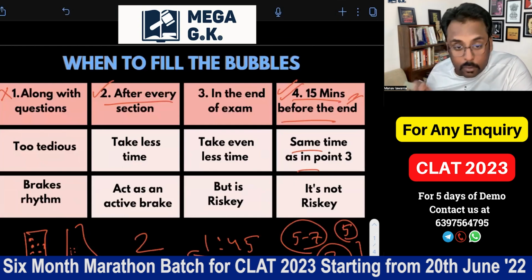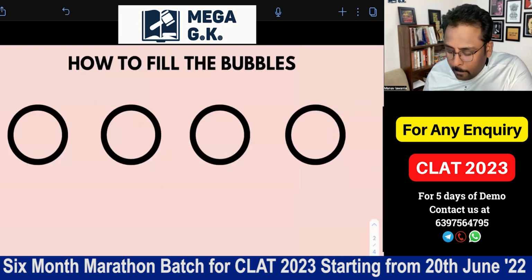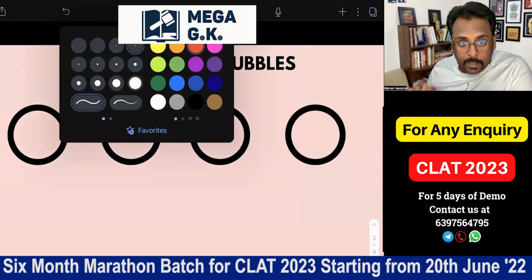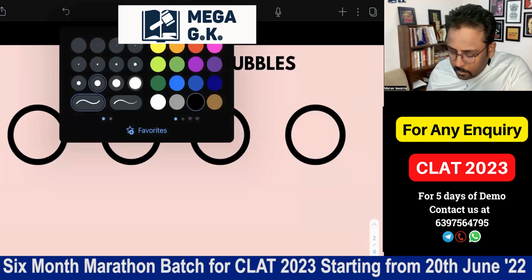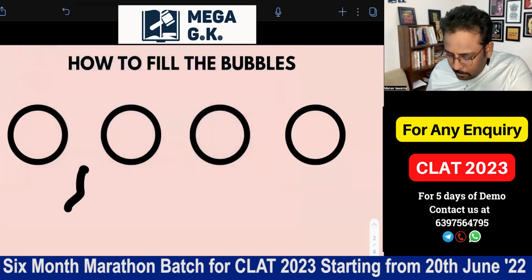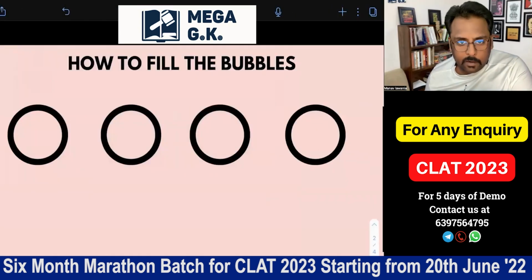And now coming to the second slide, that is very important: how to fill the bubble in the OMR. To learn this, I'll first take the standard size of pen that we take in the exam. If this is the bubble, this is the standard size of pen given in many OMR based exams. I have a fair idea that this is the standard size, and we have also checked it with the class students that I teach regularly. They have also said that this is the standard size of pen.